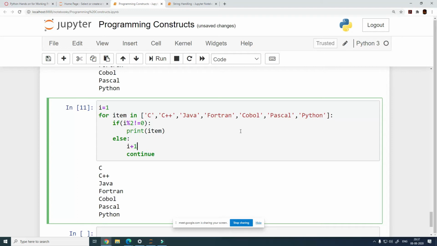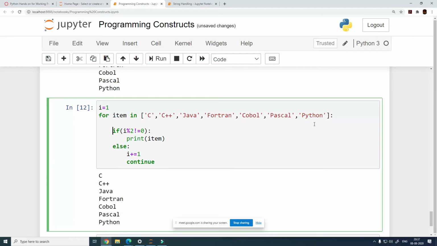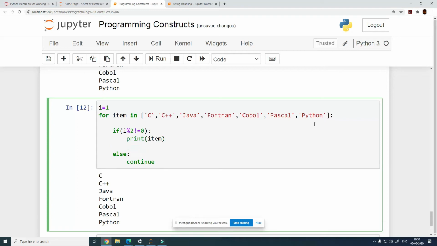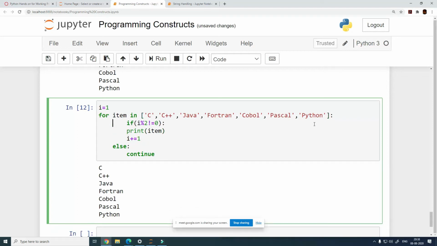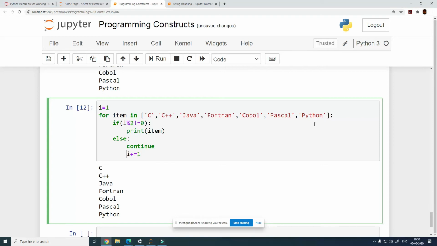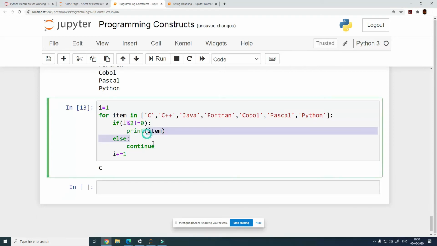I plus equal to 1. What is happening here?